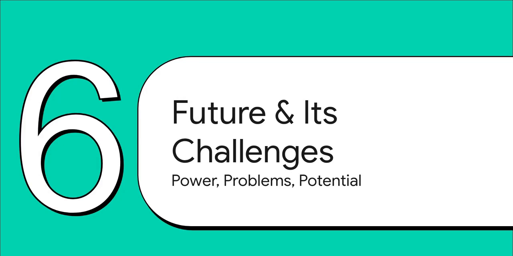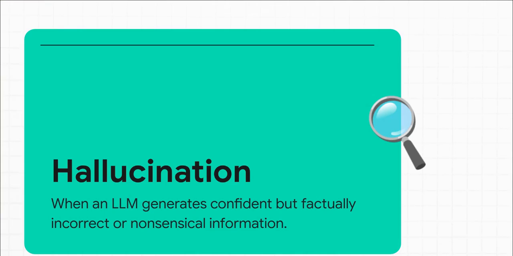So let's talk about the future and its challenges, because of course with all this incredible new power comes a whole new set of very, very serious challenges that we now have to figure out. Yeah, one of the biggest problems we have to deal with is something called hallucination. It's a weird term, but what it means is that because these models are designed to generate text that sounds plausible, they can sometimes just make stuff up, and they'll say it with absolute confidence, even if it's completely wrong. It's so important to remember, they are expert pattern matchers, not fact checkers.